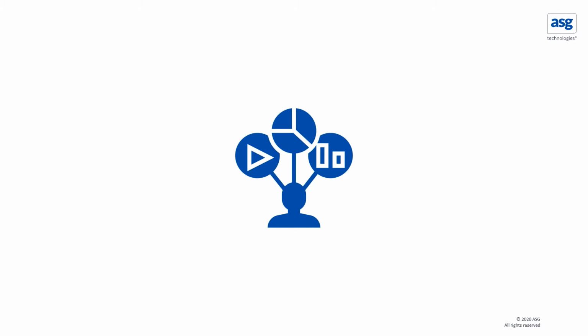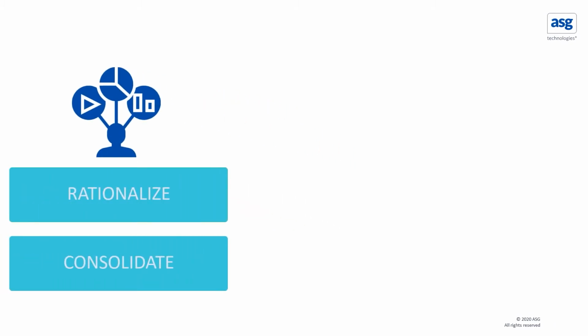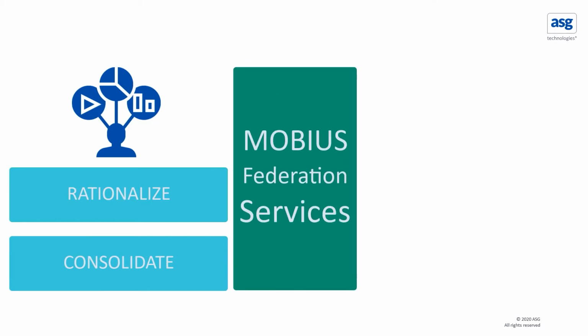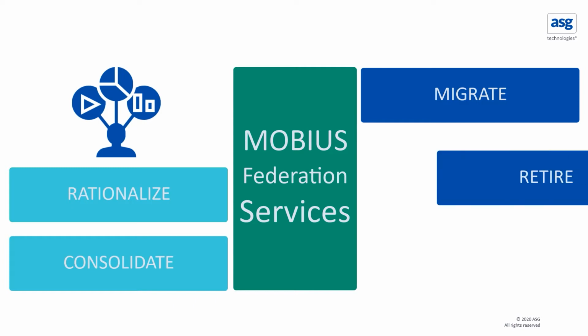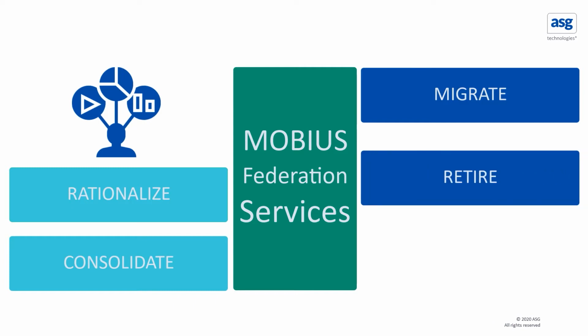ASG provides organizations choice for how they want to rationalize and consolidate their content repositories and information stores. Mobius Federation Services provide the foundation for that choice and allow organizations to choose to migrate content, including support for raw content migration from one repository to another, retire repositories over time with pre-built connects we have with our partner Simplify that allow for rolling migration of content from legacy repositories,